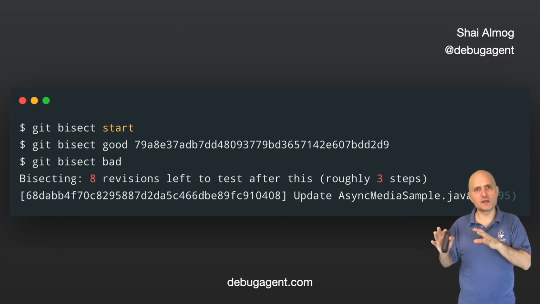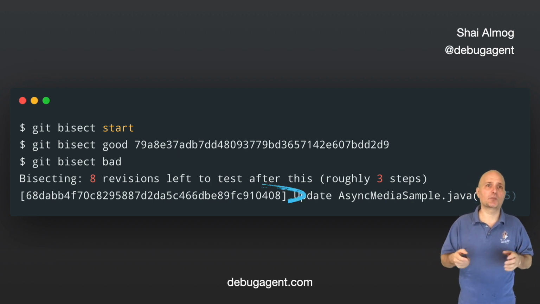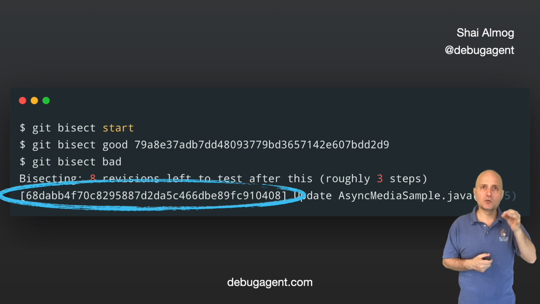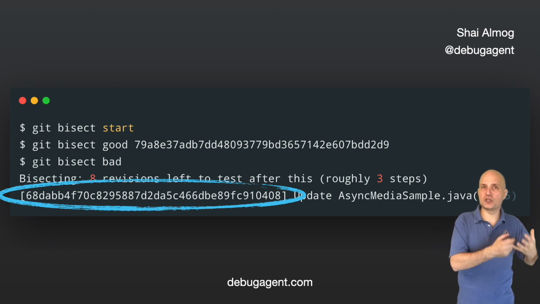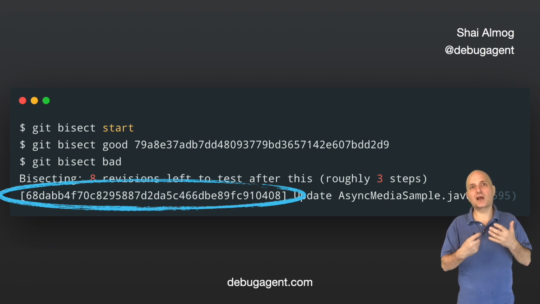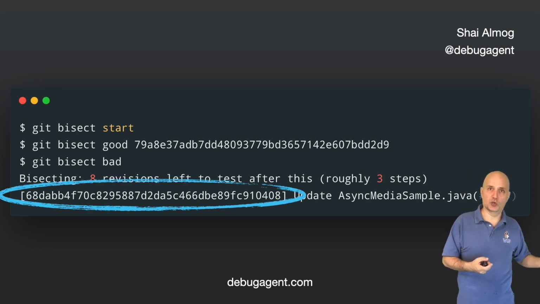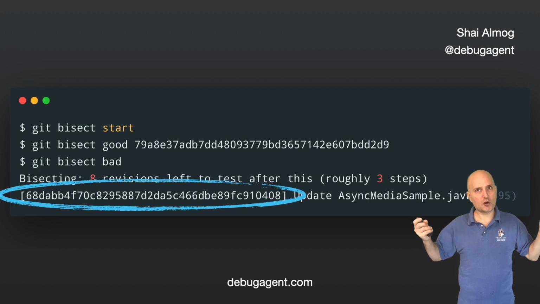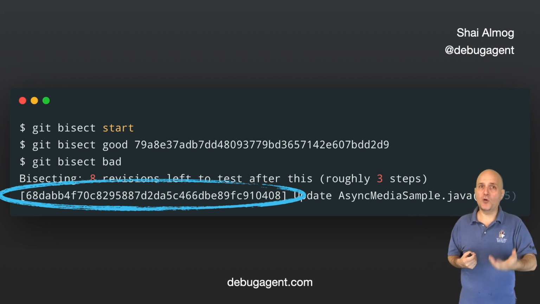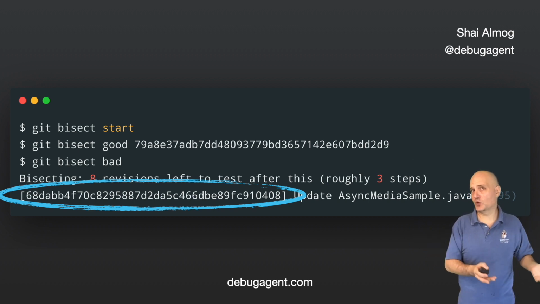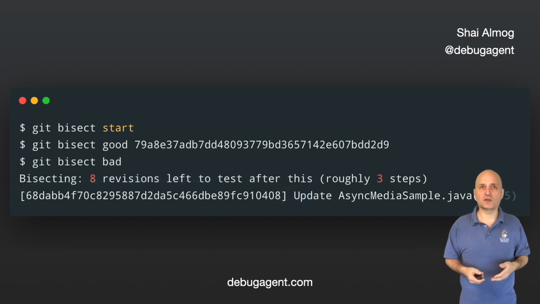I ran these commands in the Codename1 repo and got the output at the bottom. Notice the value here at the bottom. This is the current revision we jumped to. We can now mark this revision as good or bad based on our manual testing. I marked it as bad. I could have marked it as good, and that would have worked fine. This moves bisect to the next revision we need to test.